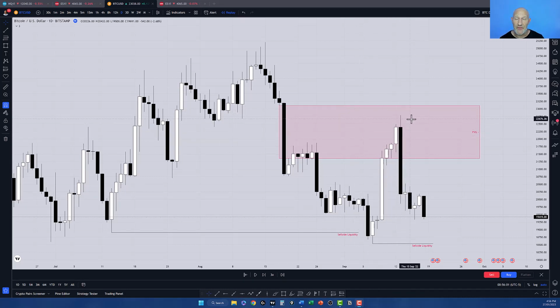So we've taken out the buy side, we're now going to be looking to sell side as the draw of liquidity. And so if I look at the chart, you can see as we painted this swing low here, we created this sell side liquidity. So in my mind, the next draw on liquidity, and you can see we've already got some momentum in our favor, is I'd expect price will start being drawn towards this sell side liquidity down here. So that's my expectation, and let's now start to look down into our lower time frames to start to frame